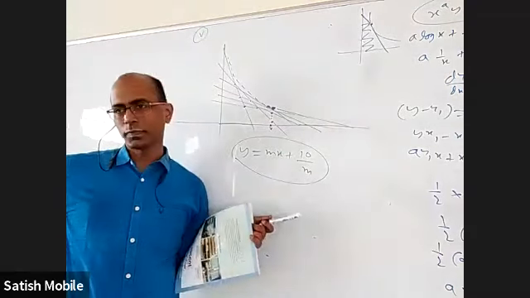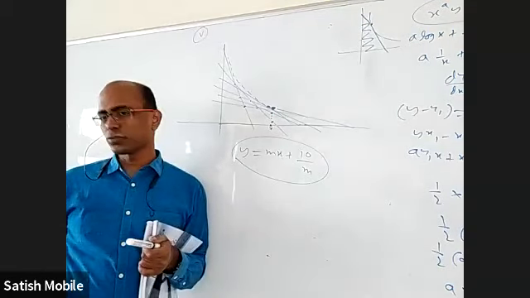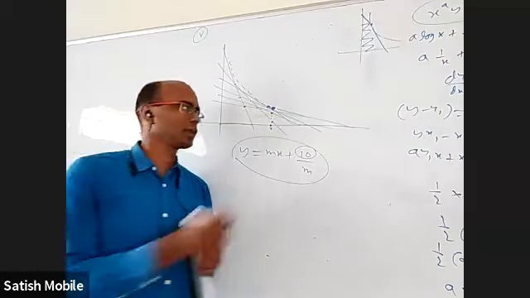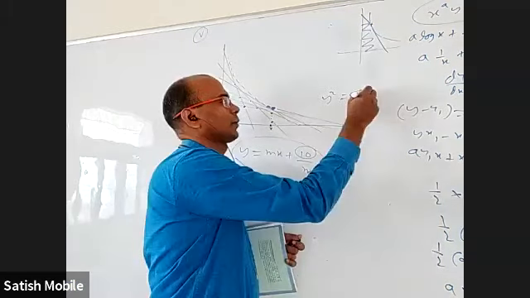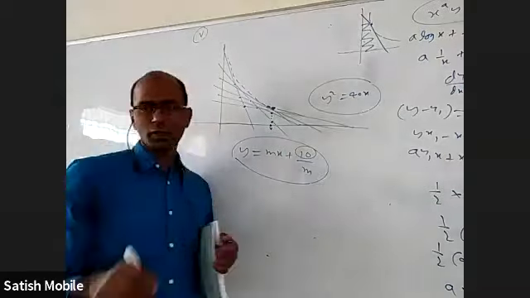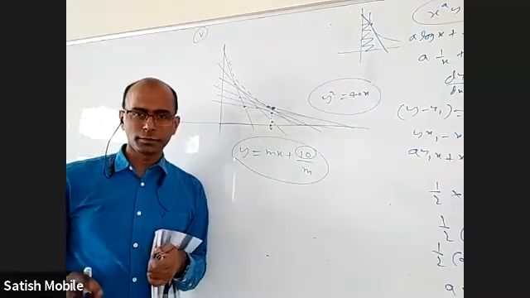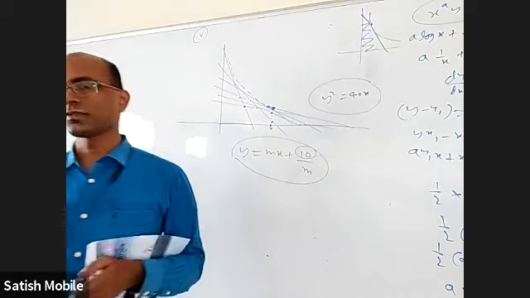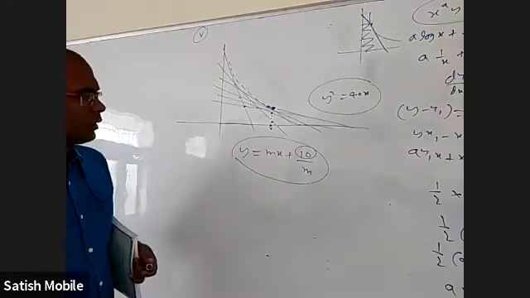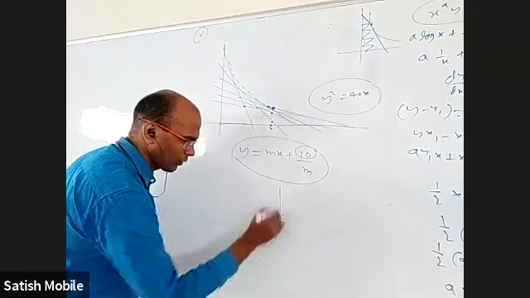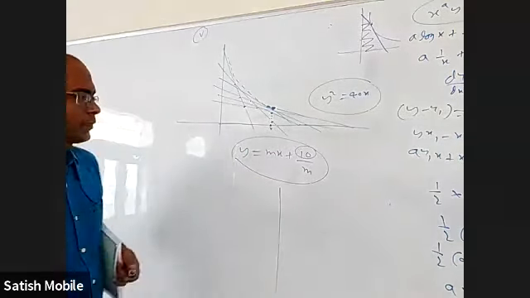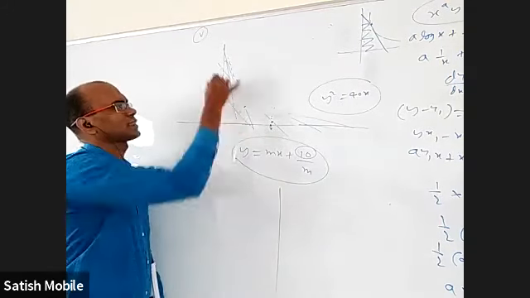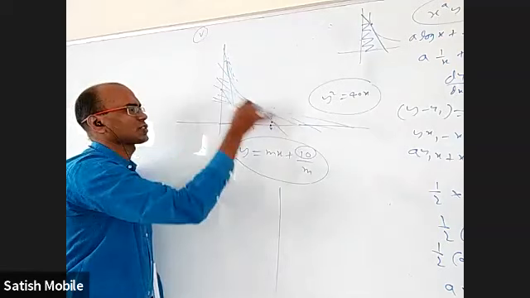It looks like y equal to mx plus a by m, which is the general tangent for y square equal to 4ax, and that a value is 10, so y square equal to 40x, right? That is because you already studied the parabola chapter, you know the general tangent and all. What if somebody has not studied parabola, but they just came across this family of lines, which curve it is touching? Apart from knowing about the parabola, I'm discussing two methods. One is, as I said, as you change m, we'll get different lines, and they're all touching one curve.